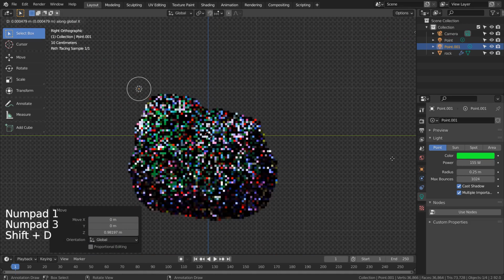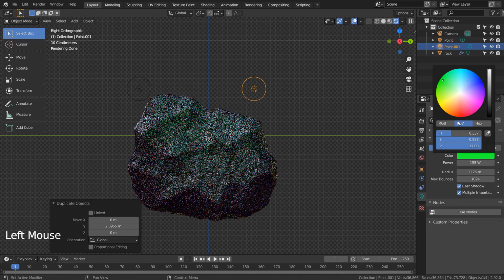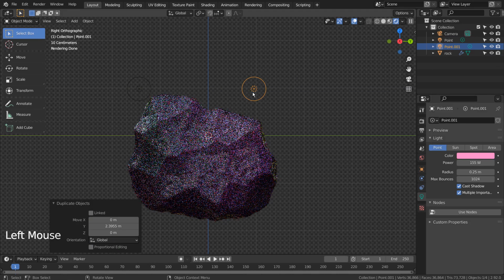Shift D to duplicate the point light, and G and Y to move it on the Y axis like this.